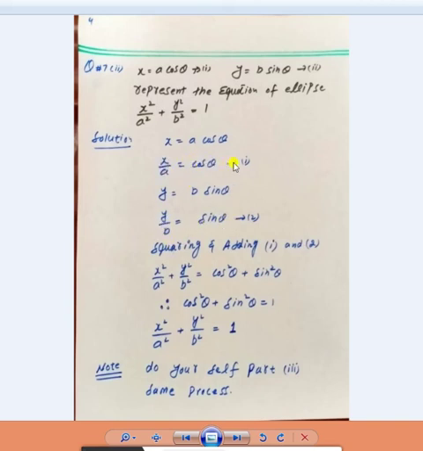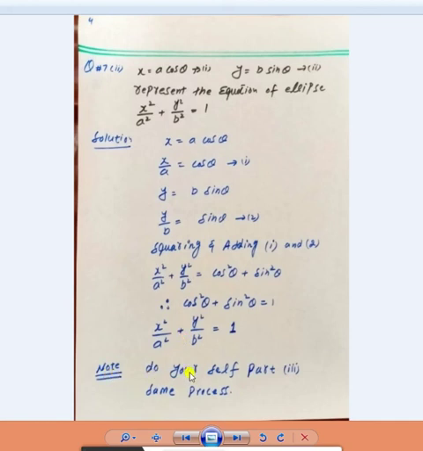So we have two equations, x by a equals cos theta and y by b equals sin theta. To find this equation, we square and add, a technique which is used frequently in mathematics. You are also familiar with this technique from first year. Squaring and adding equation 1 and equation 2, x squared by a squared plus y squared by b squared equals cos squared theta plus sin squared theta, and you know very well that cos squared theta plus sin squared theta equals 1. So x squared by a squared plus y squared by b squared equals 1. This is our required equation of the ellipse.